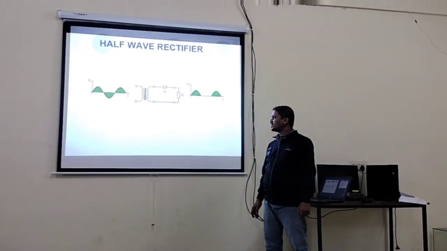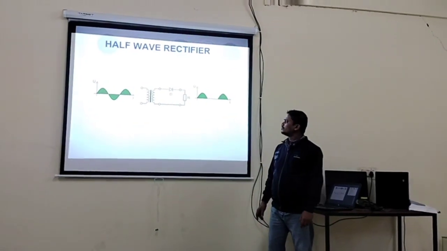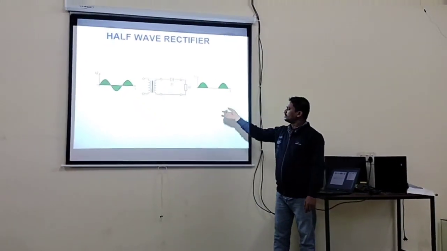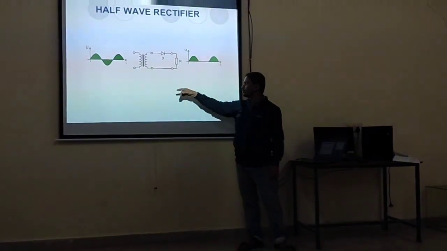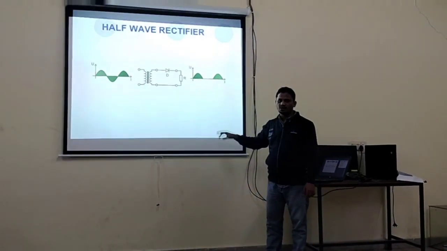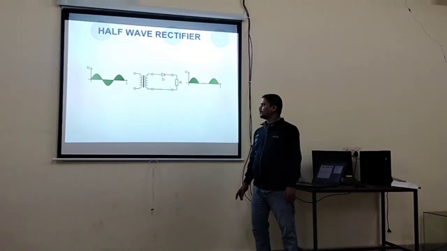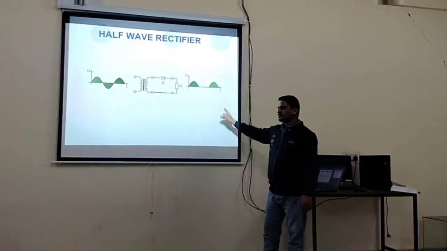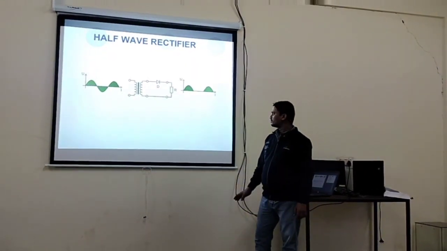The current transfers from the primary side to the secondary side, which is equal to the current transferring in the reverse direction. That means the current flows in the opposite direction, from lower to upper. The current flows from the lower terminal to the load resistor RL, and the current transfers from cathode to anode, and ends at point A. That means the negative half cycle is totally blocked, as shown in the figure above. That means the total signal is off.